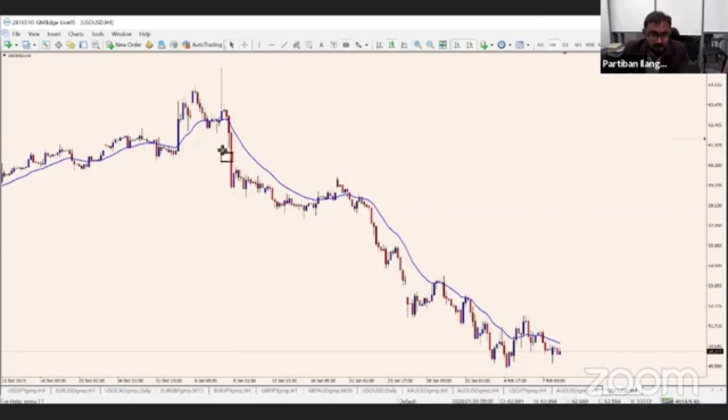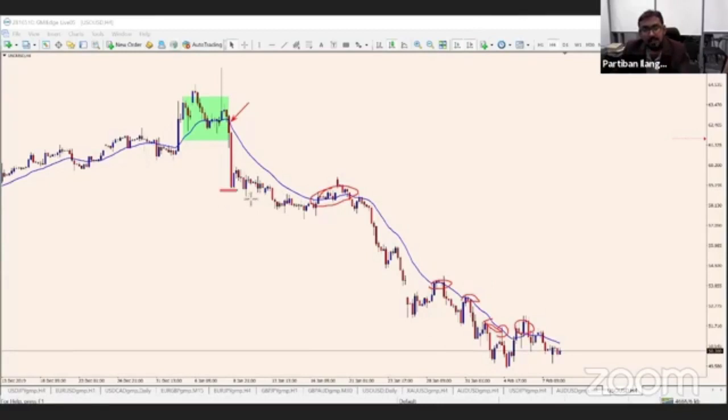So the average price for this entire candle range is over here. This is the average price. So what the market has done is the price dropped below the average price, and every time the price reached this level, a lot of sellers sold. Price dropped, price reached the moving average price, a lot of sellers are selling. Now, if you observe something over here,